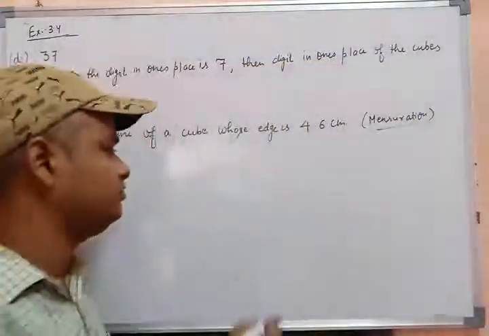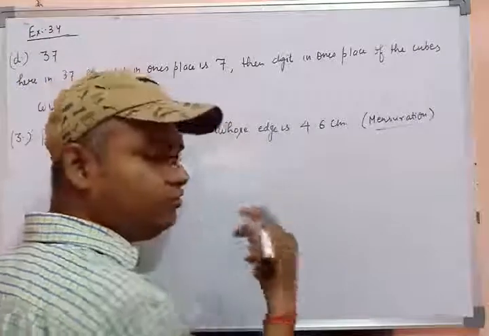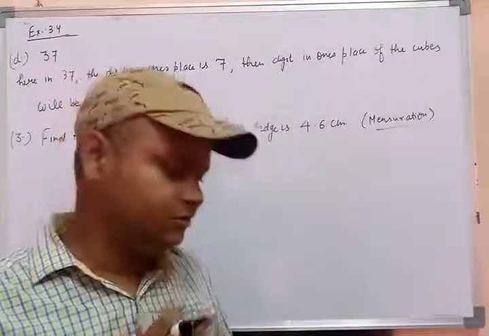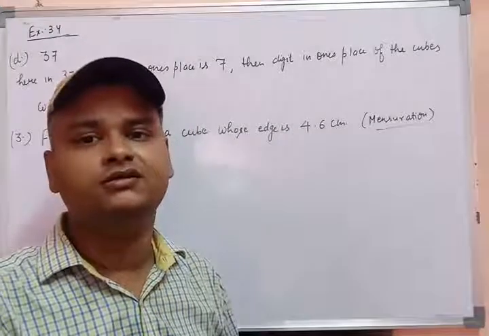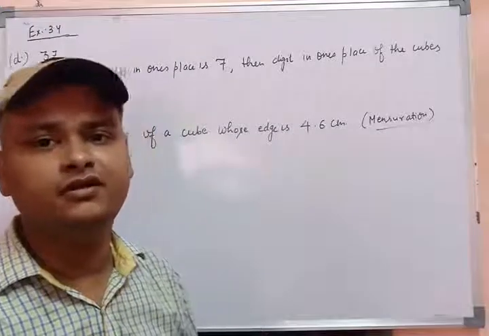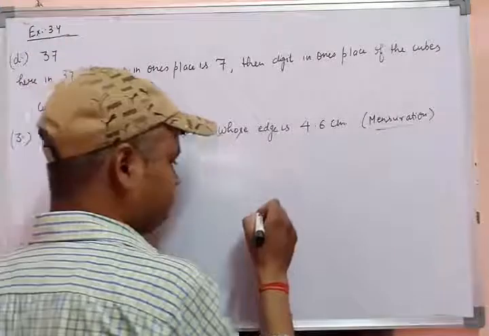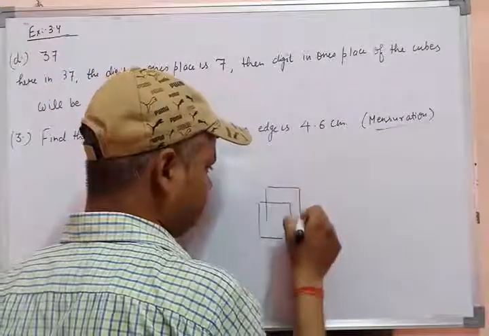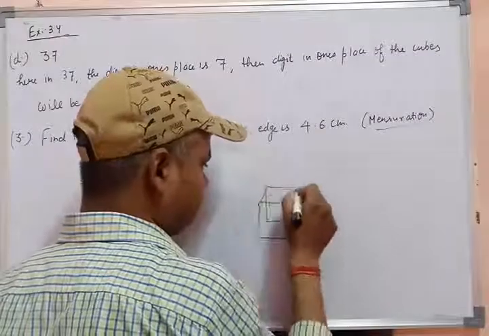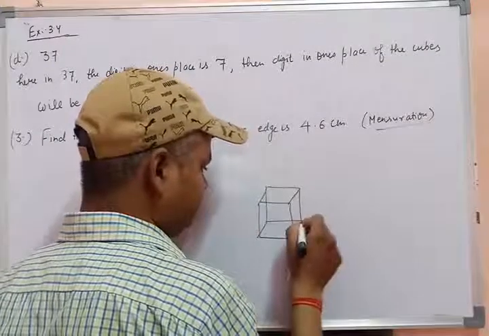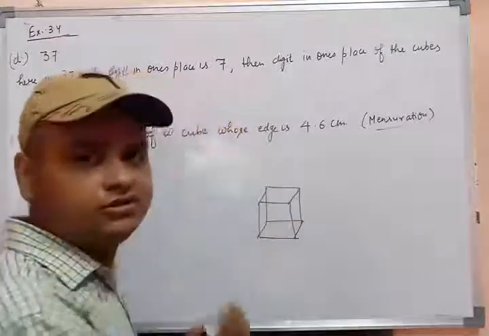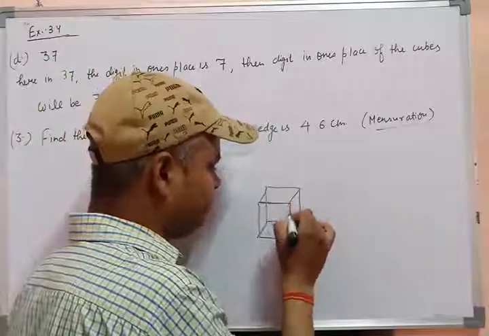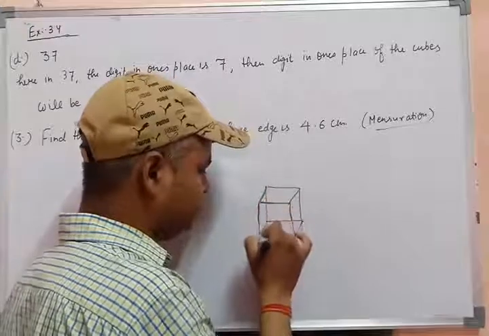What is a cube? First of all, I want to discuss what a cube is. A cube is a three-dimensional object which is made by six faces of a square, like this. Okay, so this is called the cube, and all the lines which you have seen,